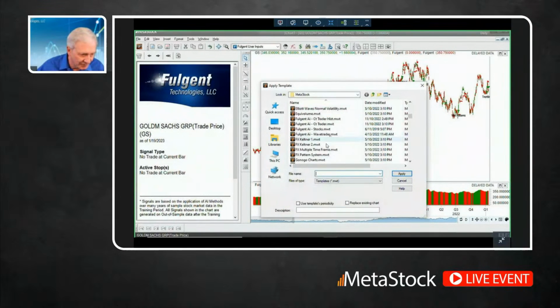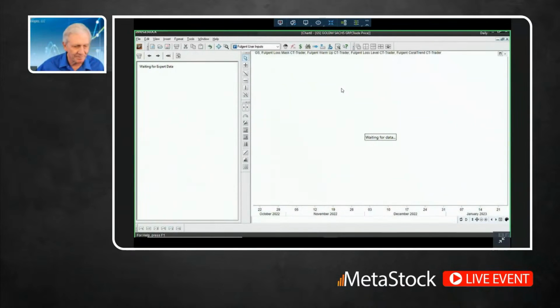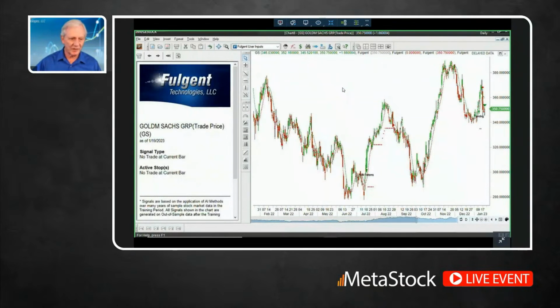See, Fulgent AI, there it is right there. Okay, I'll go back to this one. So, that's really, like I said, what it does. It's good to look at charts, but the thing is you want to go looking for these candidates out there. So let's do that. And we do that with the next thing that we're going to talk about, which is,